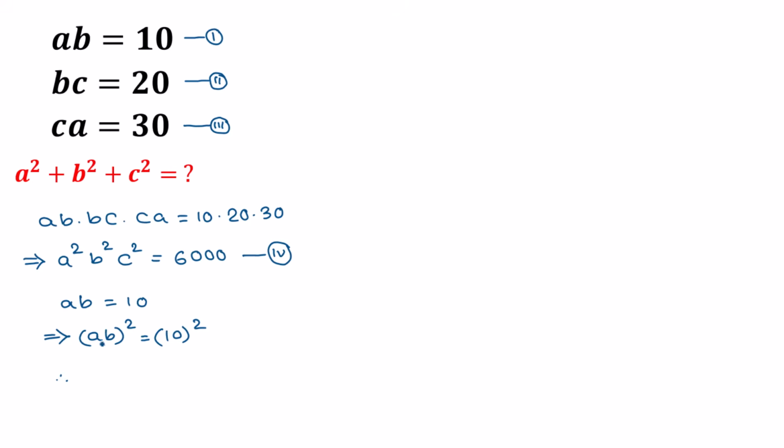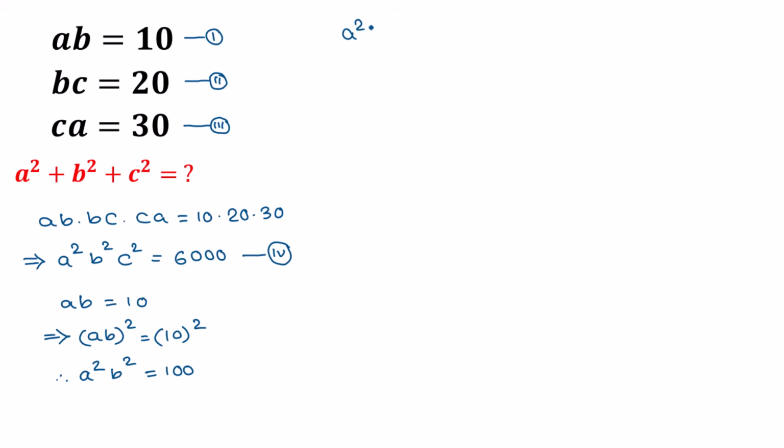So the value of A square B square will be 10 square, which is 100. Now if we divide equation 4 by this A square B square is equal to 100, we will get from equation 4